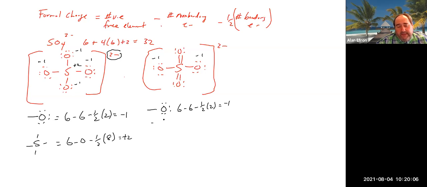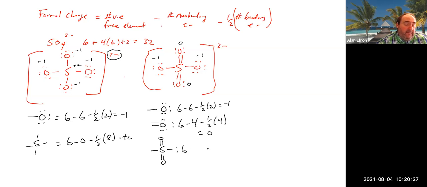Our double bonded oxygen now would be 6 - 4 for non-bonding electrons, minus 1/2 of 4. That is going to be 0. So this now has a 0 and a 0. And now our sulfur that has been double bonded looks something like that. We now have 6 for the sulfur, 0 for the non-bonding electrons, minus 1/2 of 2, 4, 6, 8, 10, 12 gets us a 0. So technically speaking, if we use formal charge here, the structure on the right would be a better structure